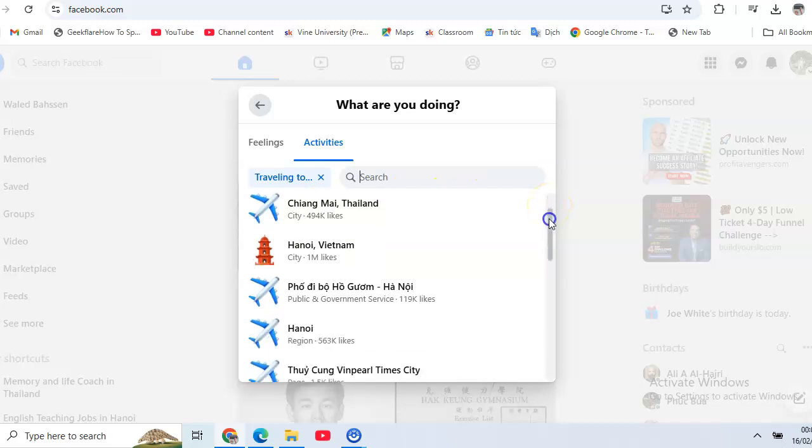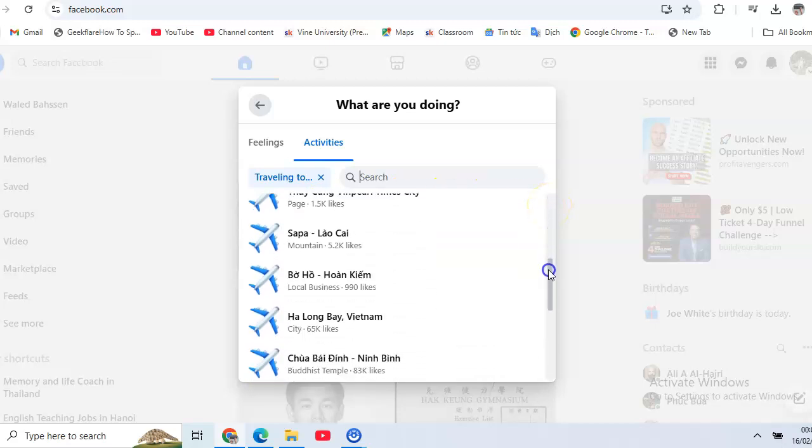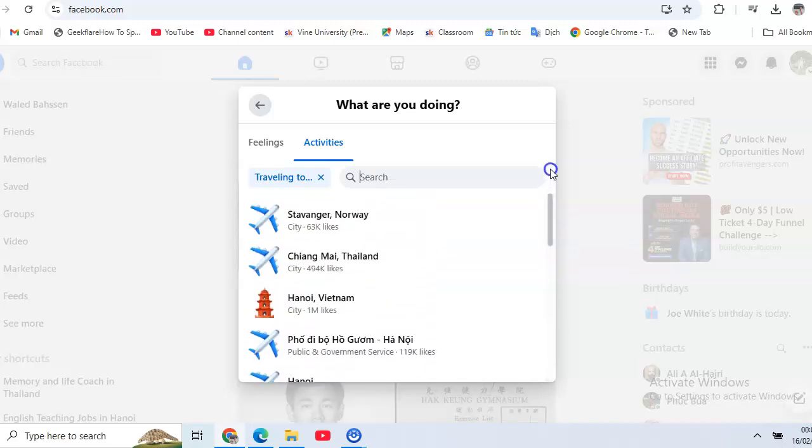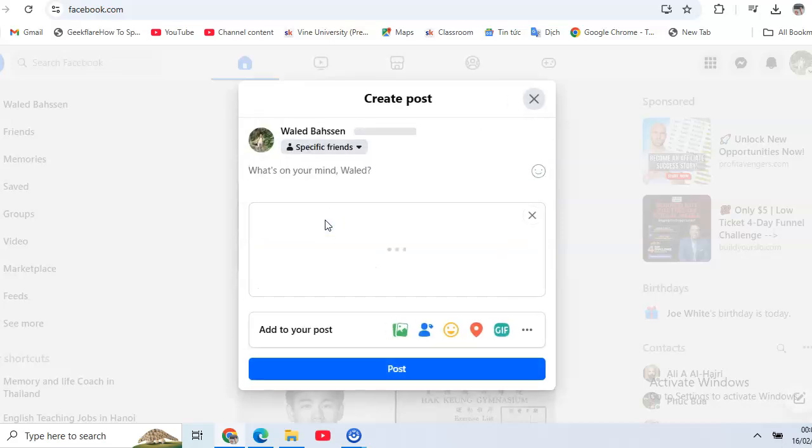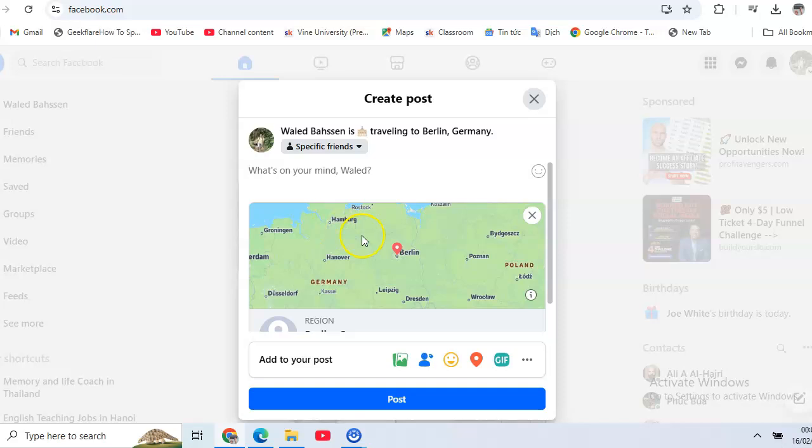Now here you have some suggestions. You can select one of them, or you can type in the search bar where you are traveling to. For example, Berlin, and here Berlin, Germany. Just click on it, and if you want to